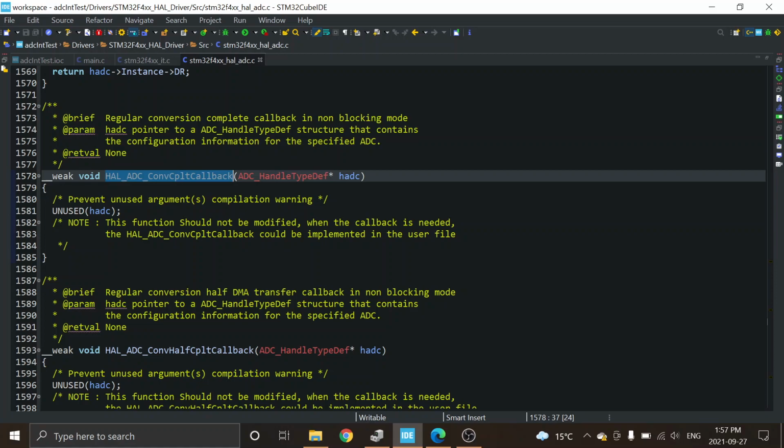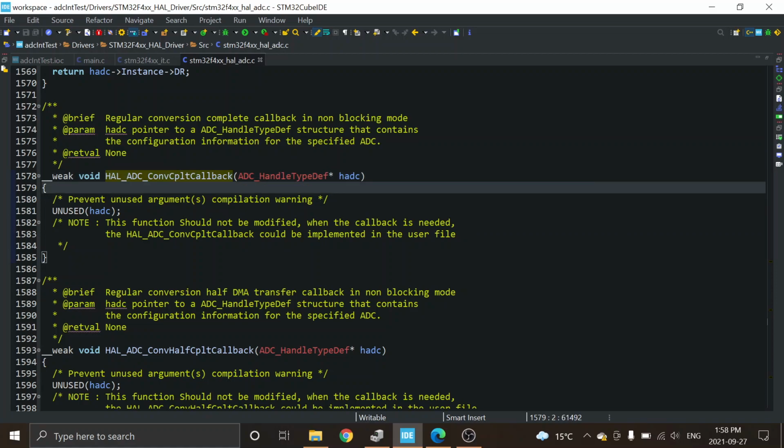So as a result of your conversion, as a result of the interrupt handler firing off, it goes to it.c, it runs the ADC IRQ handler, and as part of that, it calls HAL ADC conversion complete callback, which you can drop in user begin 4. And what do you want to do in there? You want to get your conversion. You know it's there. Okay, and so I would copy this,